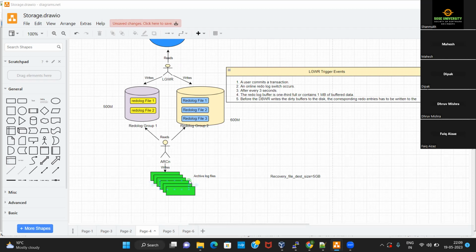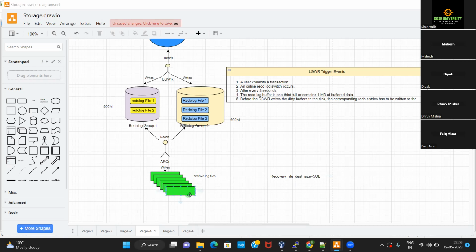It will either be backed up on some cloud drive, or on tape disks, or on some other file systems. So you have to ensure that from this 5 GB, at any given point in time, at least 1 or 2 GB is always available for creating new archive log files.